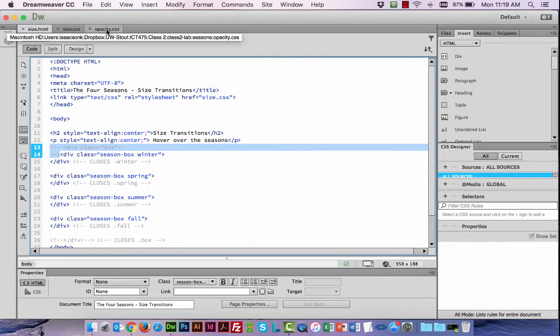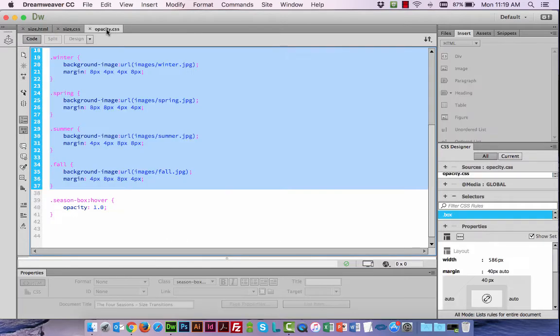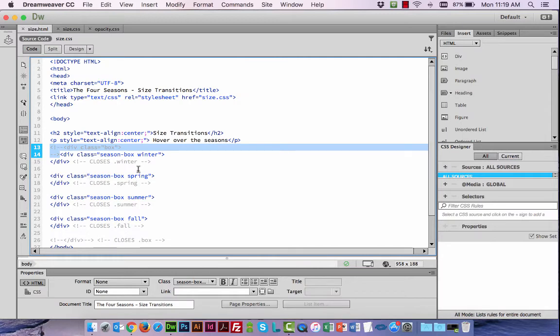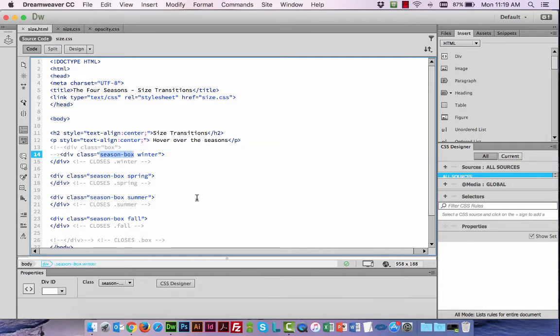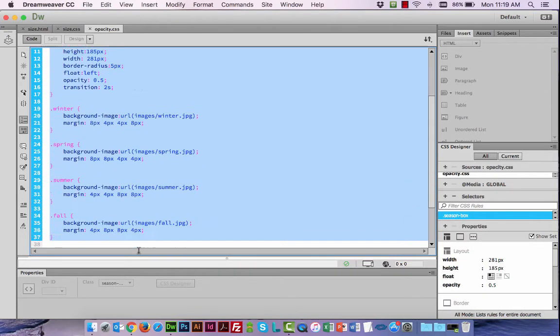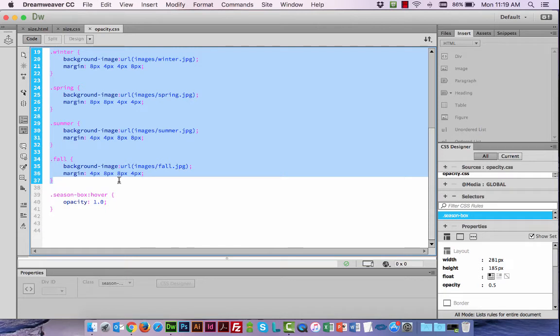So now what we can do is go ahead and open up your opacity.css that you just finished. But we need to get some of these things you'll notice over here, because it is the same, no images are going to show up until we get the CSS in there, and we have that same season box. So we need to set up the size of that the same as we did with the opacity. So we're just going to copy some of the stuff from over here. So we're going to go from season box in our opacity.css all the way down to the fall class style. We don't need the season box hover just yet. We'll be adding that in. So I'm going to copy all of this,